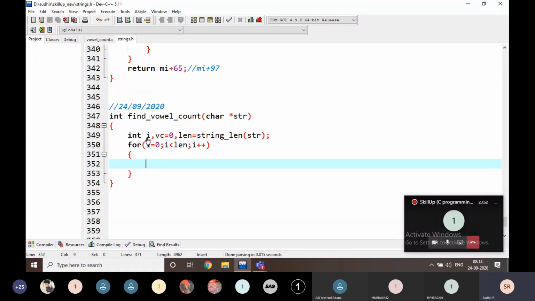For example, the input is going to be Sudhir like this. I am going to trace every character by character, and if it is a vowel, what is a vowel here? AEIOU, right? AEIOU is the vowel. That's it, nothing else. For example, str of I is equal to A, or str of I is equal to